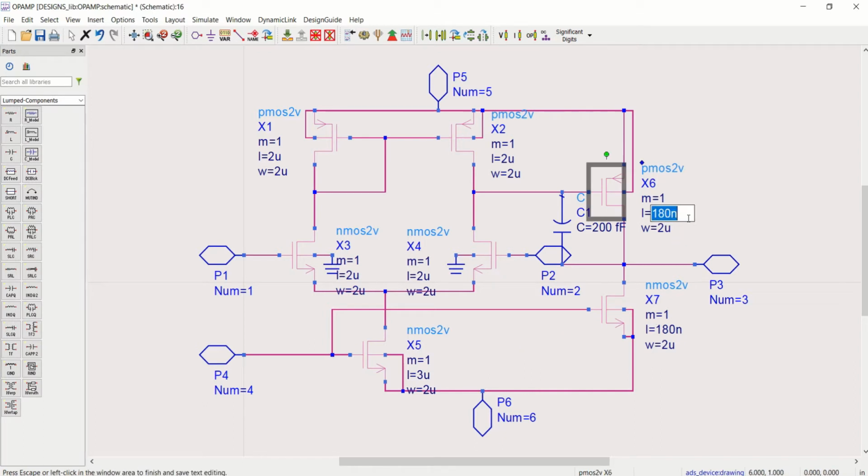Here the length is 2 micrometer but the width is 6 micrometer. 2 micrometer, it is 3 micrometer. Save the design. So this is the op amp with the specified widths and lengths.